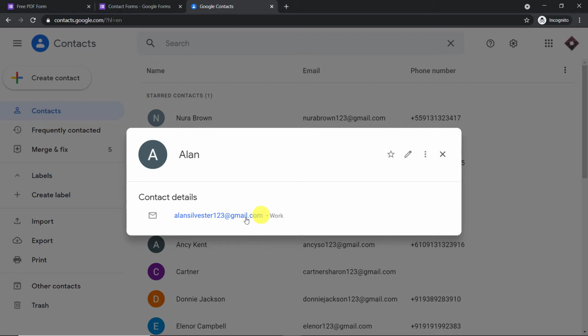Now you're thinking, how did I do it? How did I manage to create a contact in Google Contacts from Google Form responses? Here I have used an integration and automation software called PabliConnect that integrates Google Forms and Google Contacts. The best part of using PabliConnect is that there is no need for coding skills or programming knowledge. Let me show you how it's done.